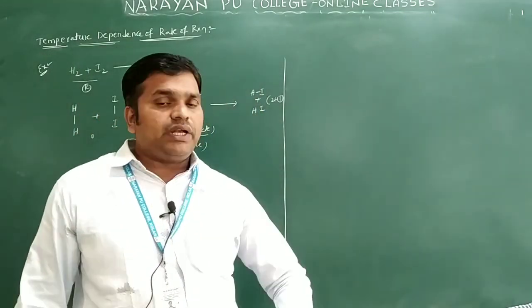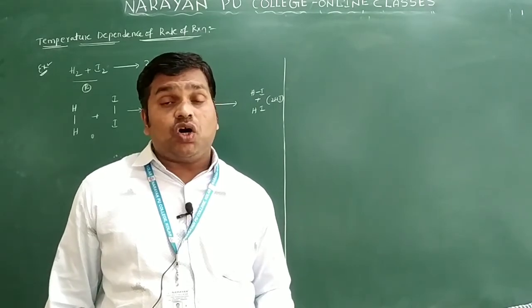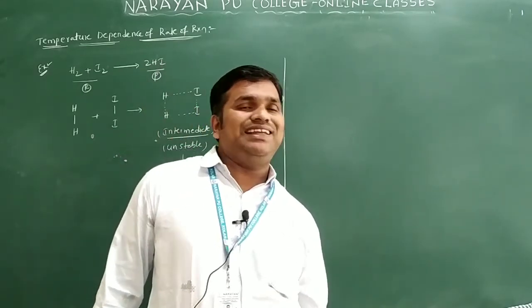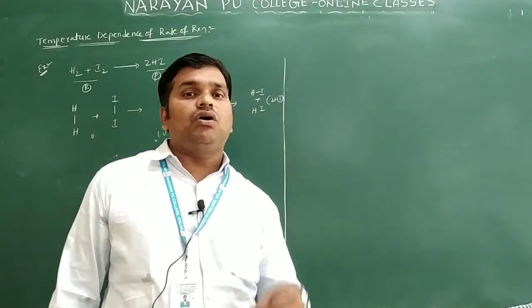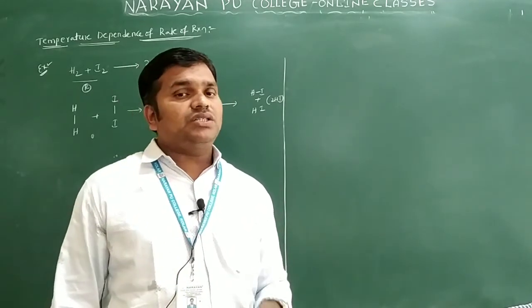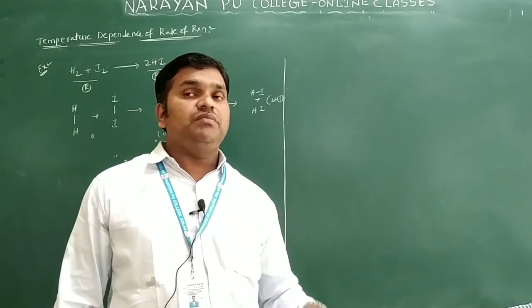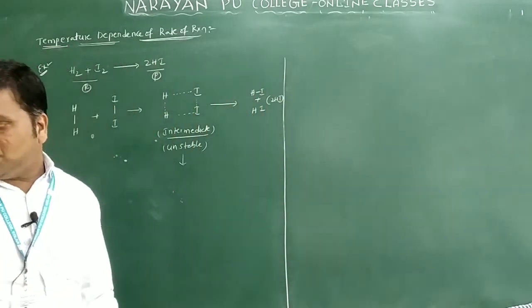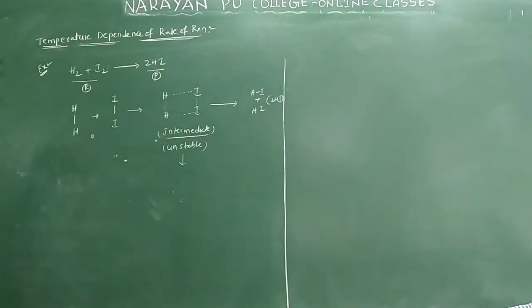Within a very short time, the unstable intermediate complex may be converted into the product or may be converted back into the reactant. It is converted into product if they undergo effective collisions or proper orientations. If they do not undergo proper orientations, they may be converted back into reactant molecules. So from this example, according to Arrhenius theory, the reaction takes place between H2 and I2. H2 and I2 combine to form an unstable intermediate complex.